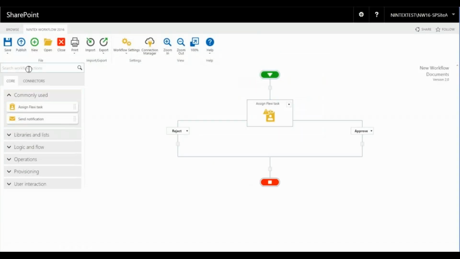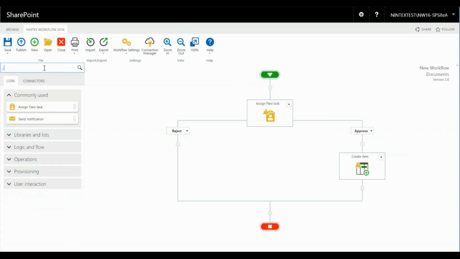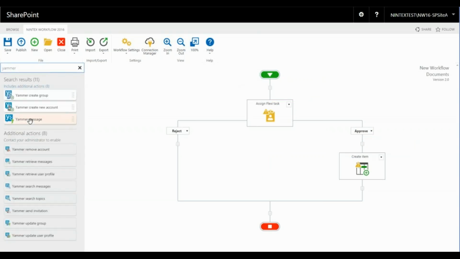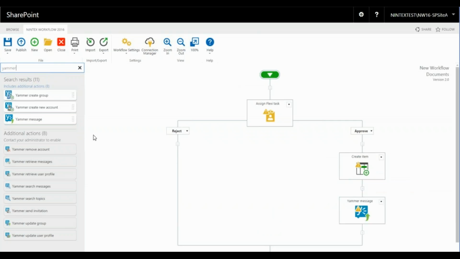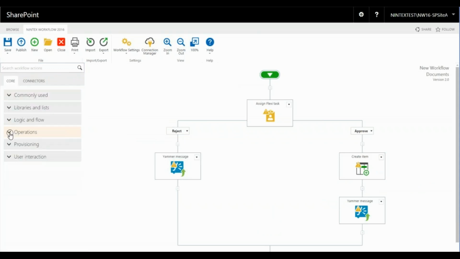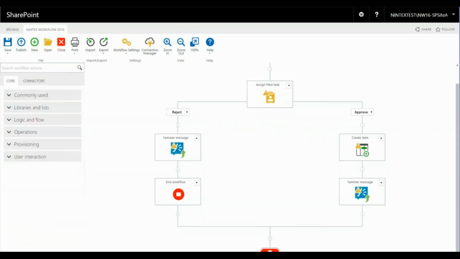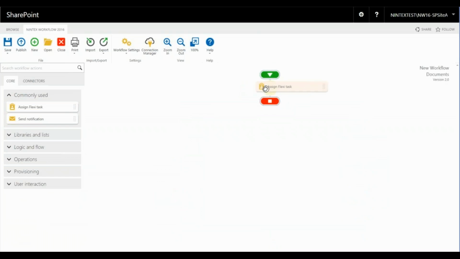When we talked about workflow, what we're showing on the screen here is how you can quickly develop workflow, similarly with drag and drop functionality. This shows how you can create approval processes for assigning a flexi task, and how with connectors you can then publish this flexi task onto Yammer.